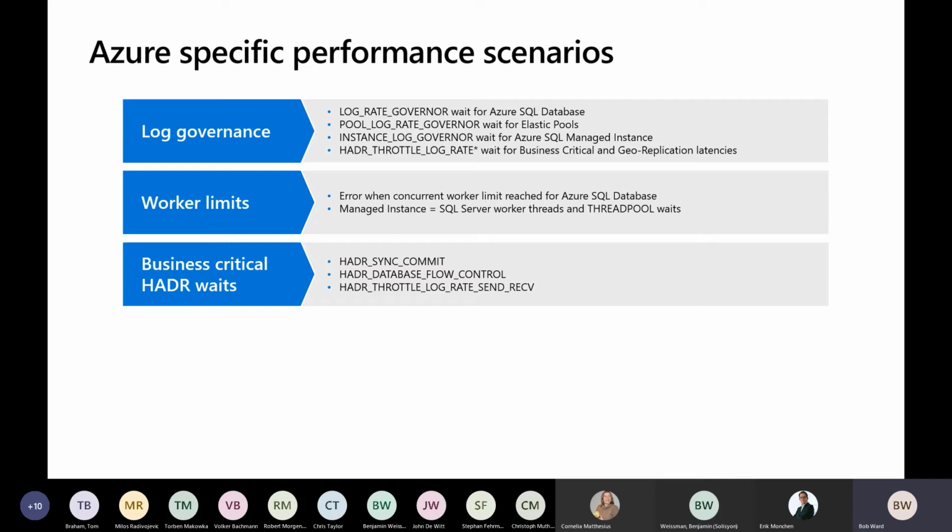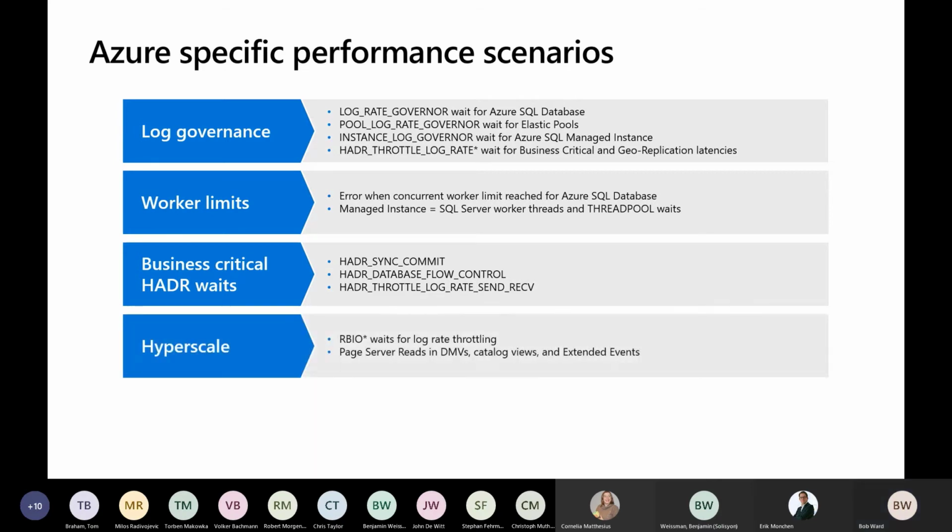Why do I have header sync commit wait type showing up? And we're like, hey, that's normal because behind the scenes we're deploying that for you in order to meet the needs of what's called a business critical tier. And then Hyperscale, one of the unique options we have for Azure SQL Database, has a unique architecture where you